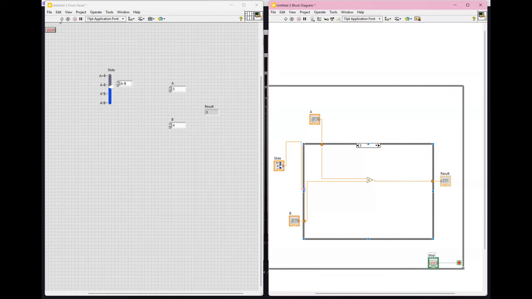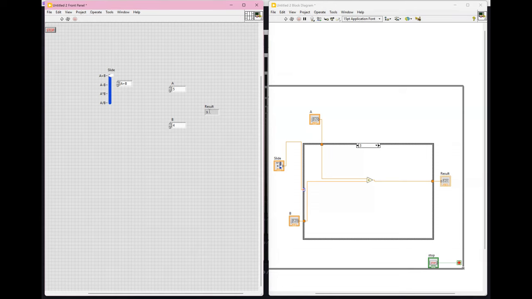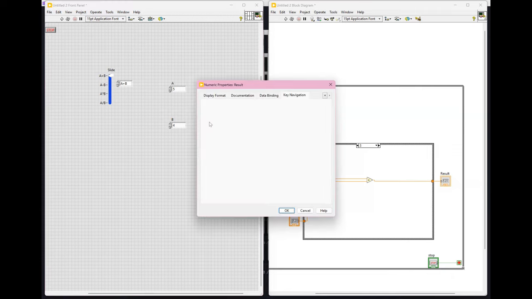Make sure all controls and indicators are properly connected in the block diagram. You should have the operation selector wired to the case structure, and each arithmetic operation should be wired to the result indicator. Now you can run your VI and use the vertical slide pointer to select different arithmetic operations and